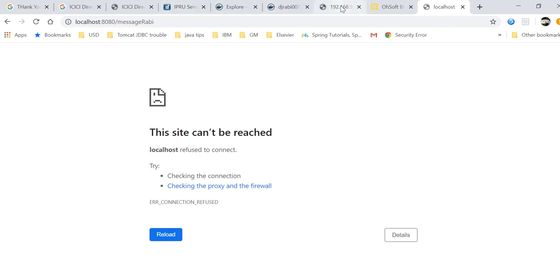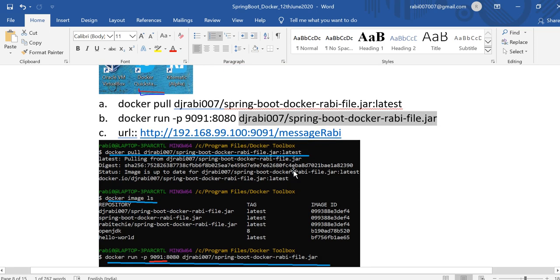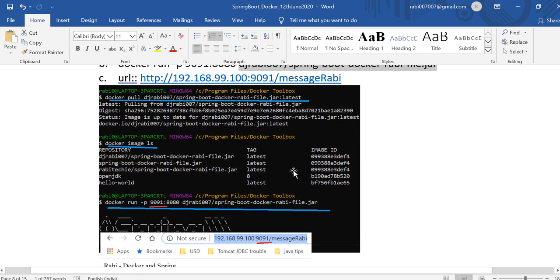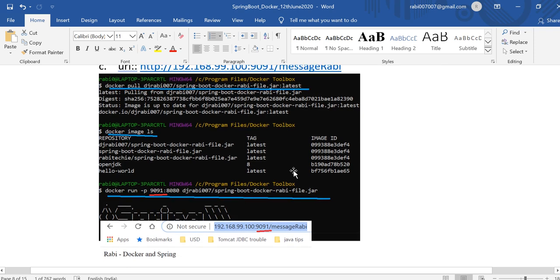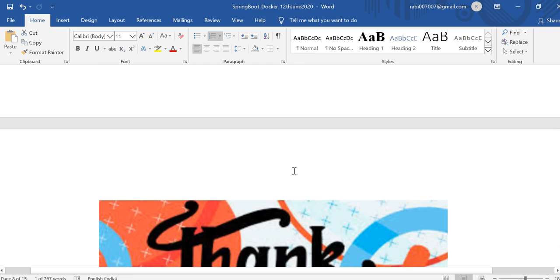So this way you can easily Dockerize a file, you can download, that is pull, and execute the file very easily. Hope you have enjoyed. Thank you very much.